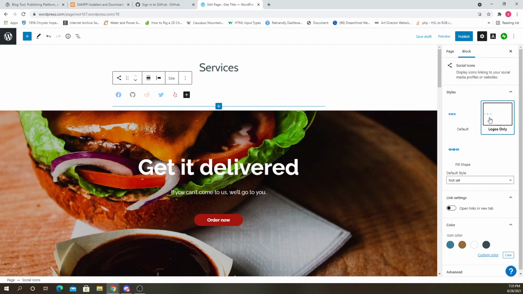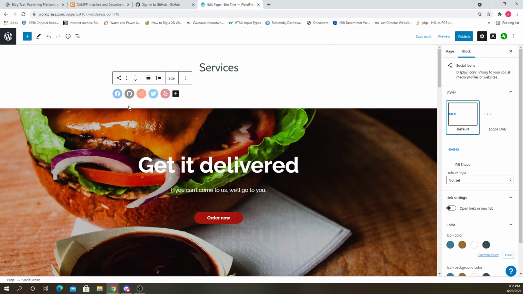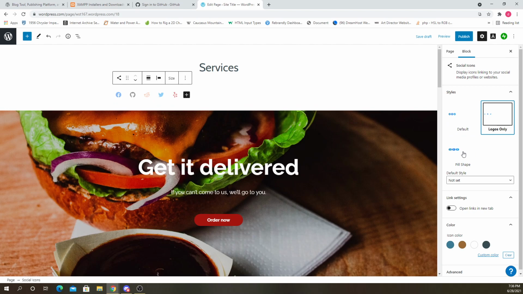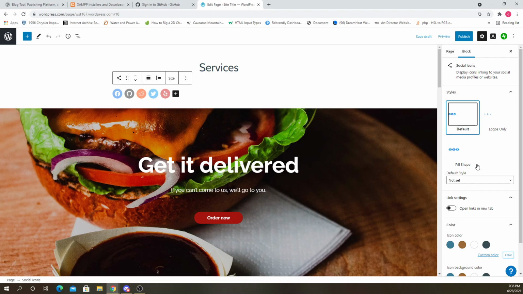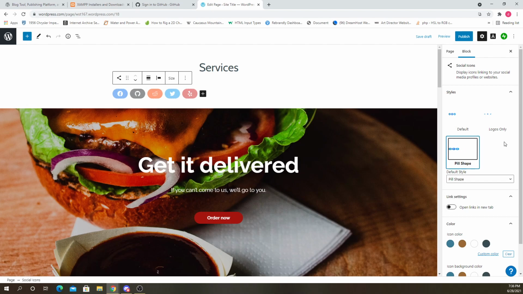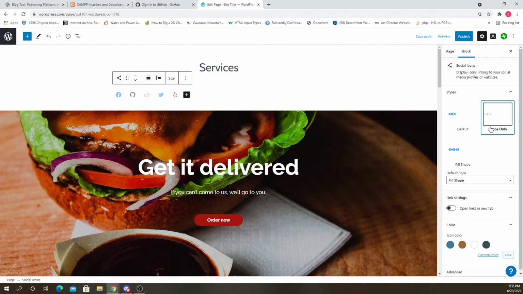There's default, there's logos only without the circle around them. There's pill shape, default style. You could choose a default style, so let's say pill shaped is the default. But of course you can override the default.